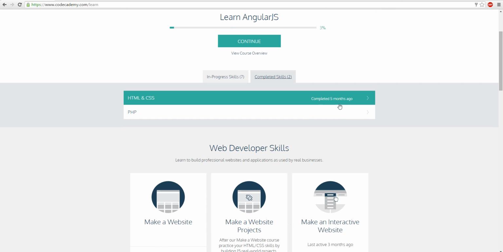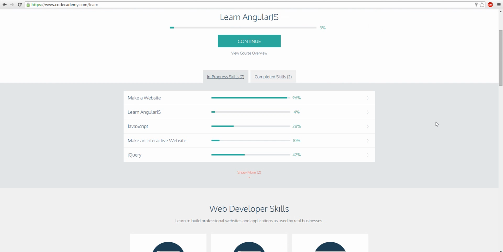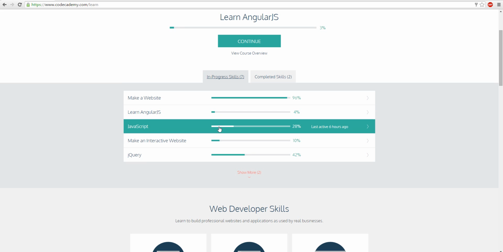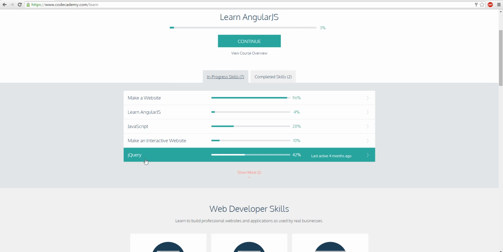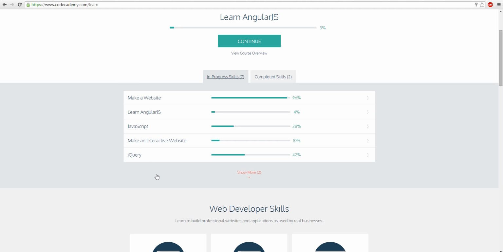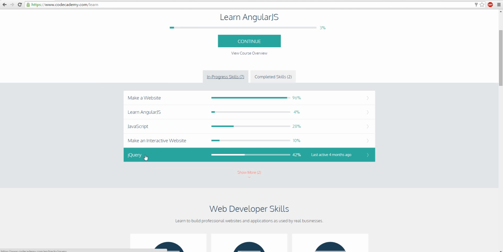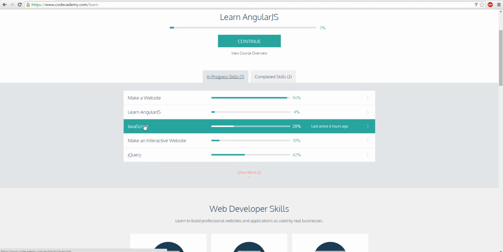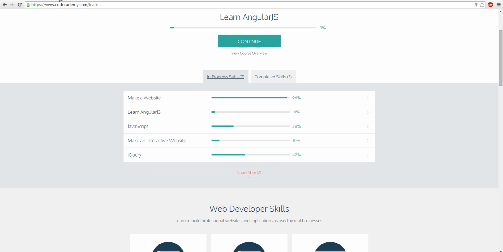Let's see the course that I completed. PHP, HTML, CSS, easy. So let's get on to JavaScript. I would do JavaScript before I go to jQuery, but you can learn jQuery and just make stuff off jQuery, not really do JavaScript. The most important thing about JavaScript is functions,